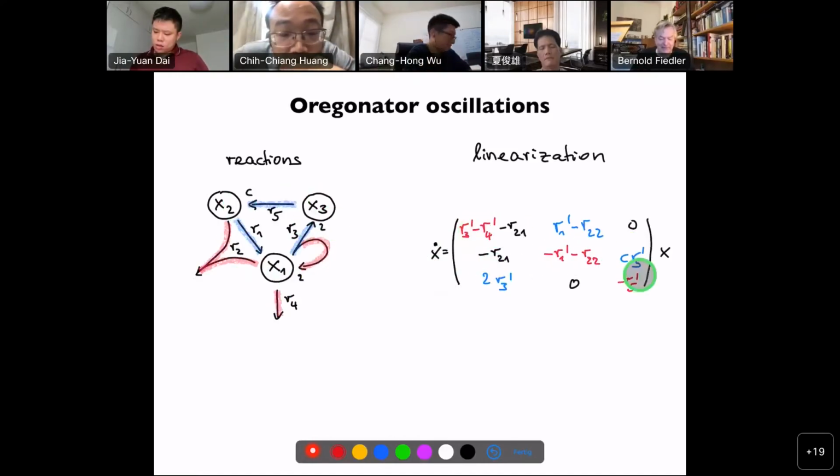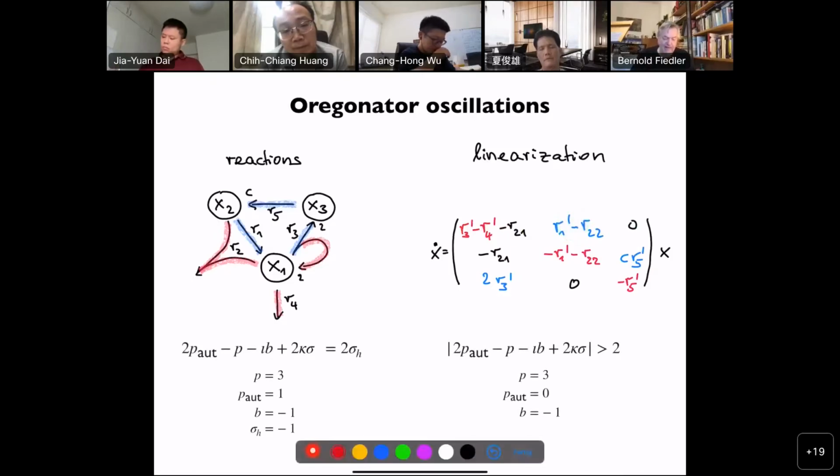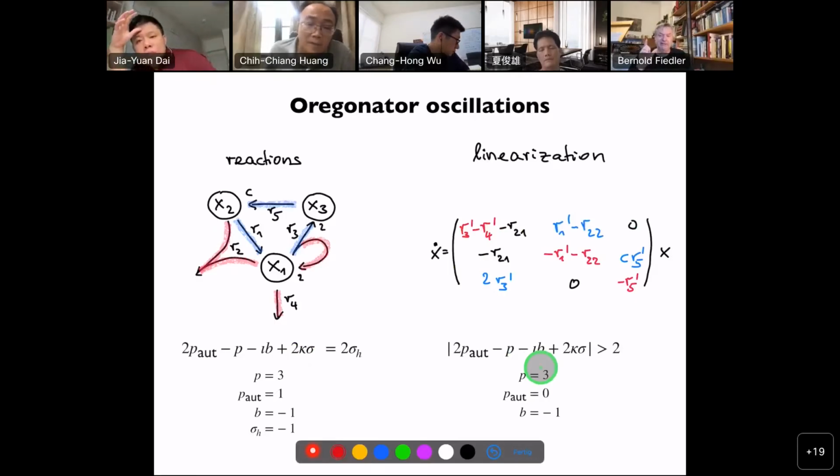And then we have diagonal terms which may or may not be autocatalytic. It depends. Think of R21 as being small. It depends on R3 prime, the derivative, being larger or smaller than R4 prime, whether or not you have an autocatalytic step here. And also in the off diagonal, there is a sign choice which you can make here. Accordingly, there are 2 possible 3 cycles, through 2 possible parameter regions, sorry, for which the theorem on